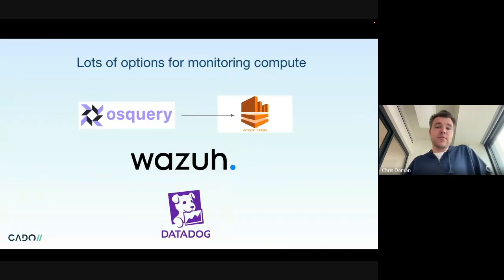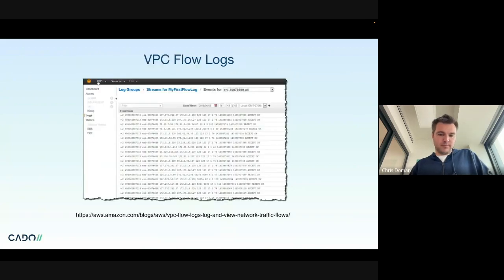There's lots of options to monitor compute as well. So I was just showing CloudWatch, but there are also some great open source tools. For example, osquery from Facebook, at least originally, that can log straight into Amazon Kinesis, which can dump the data off into S3. And that'll give you things like lists of what processes are running, all that kind of detail. Other slightly more old school open source stuff like Wazuh. And then also there's a ton of commercial solutions, obviously. So everyone knows Datadog. You can install the agent and track things that way too. So you don't just have to stay AWS native in order to track data in AWS.